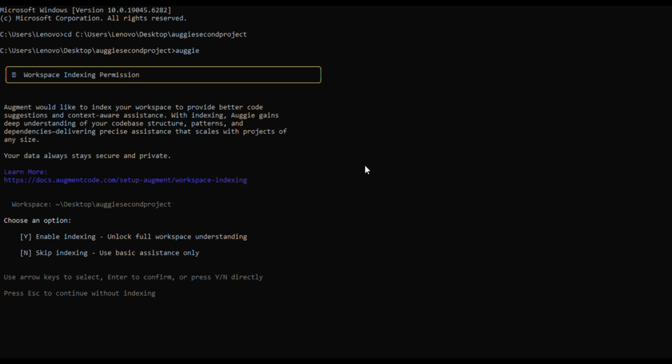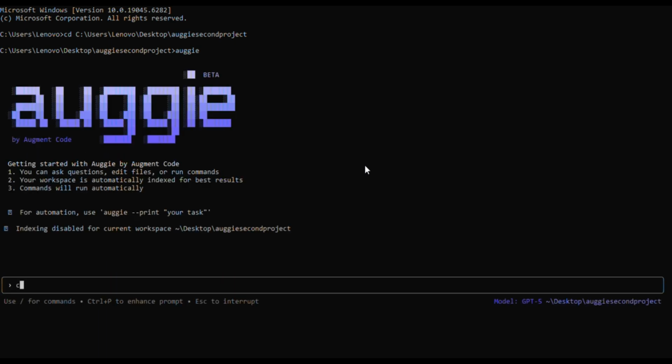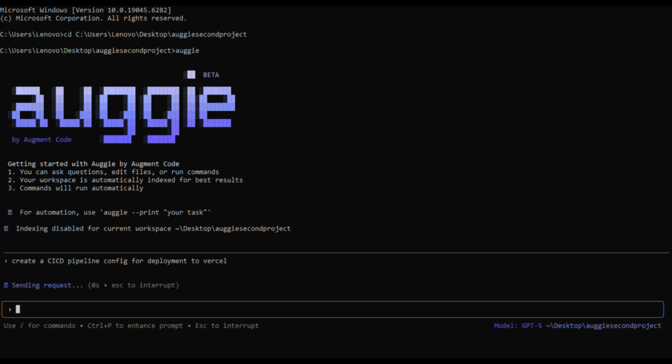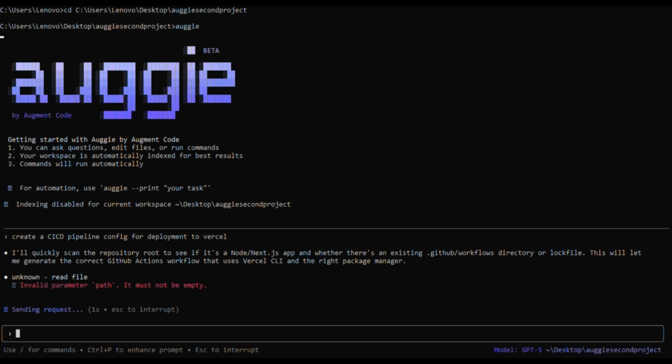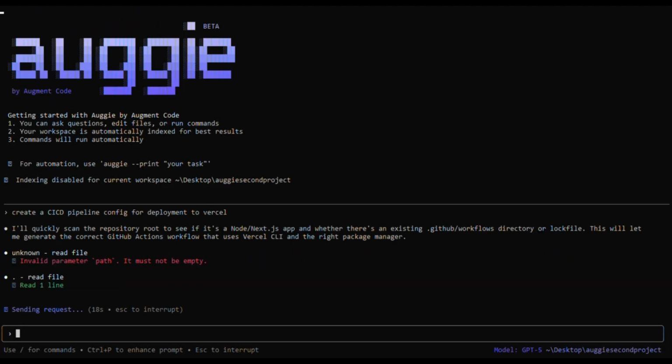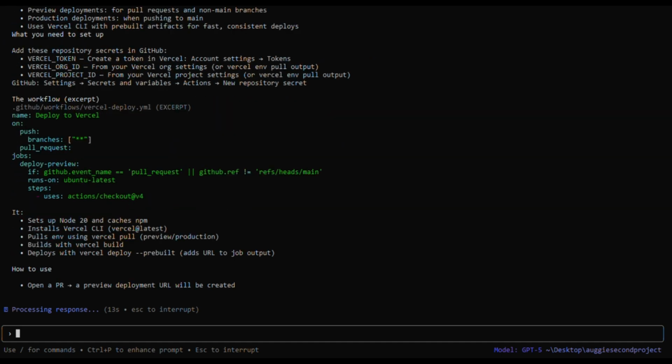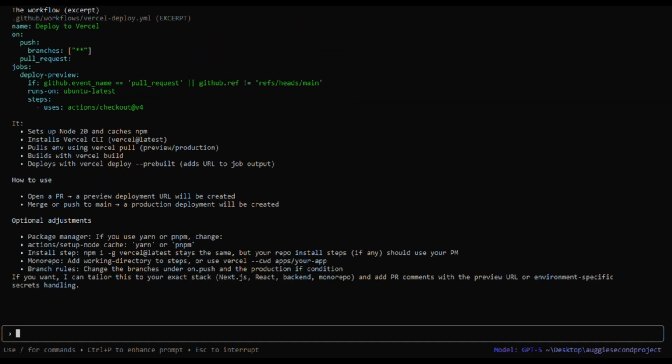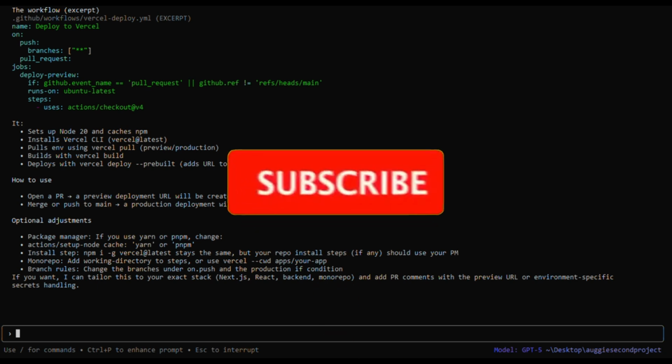Deploying your app to Vercel usually requires setting up a CI/CD pipeline manually, but with Auggie, you can generate a ready-to-use config in just one command. I'm inside my project directory and Auggie is installed. Now I'll type the prompt: Create a CI/CD pipeline config for deployment to Vercel. Auggie will scan my project and generate a CI/CD configuration file. Here's what Auggie suggested: a .github/workflows/deploy.yml file, which normally takes a bunch of manual YAML writing and secret handling. Just one prompt and you're ready to deploy